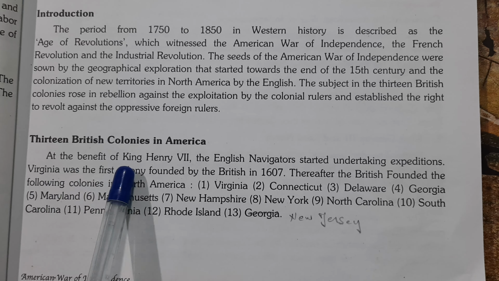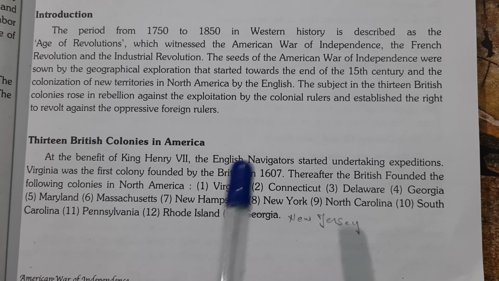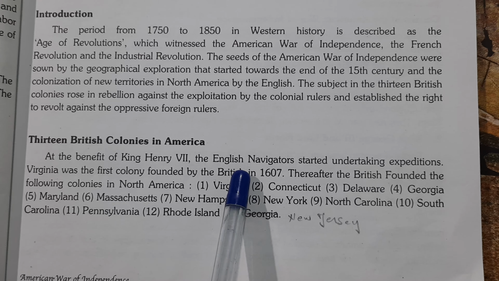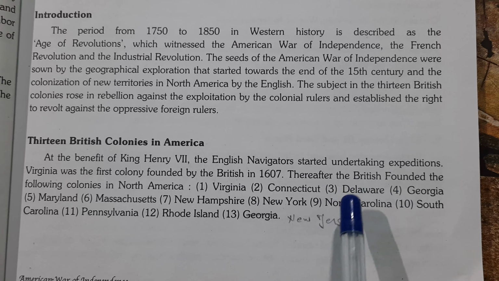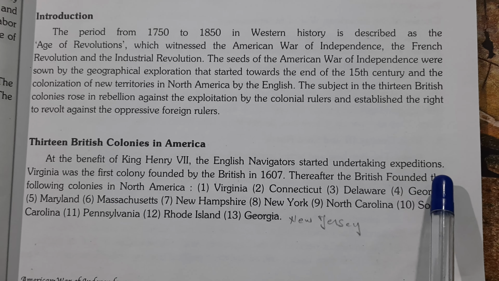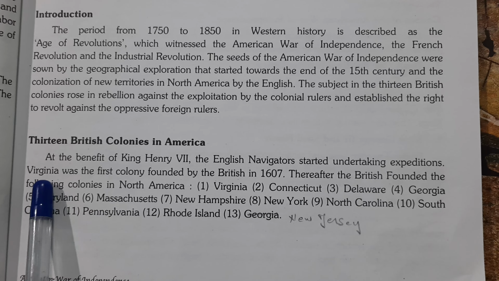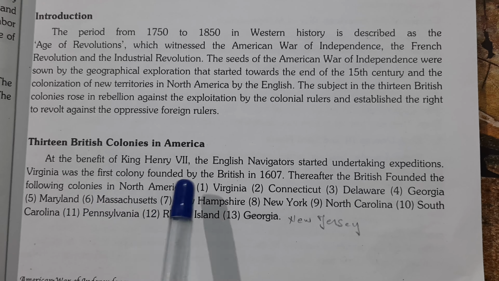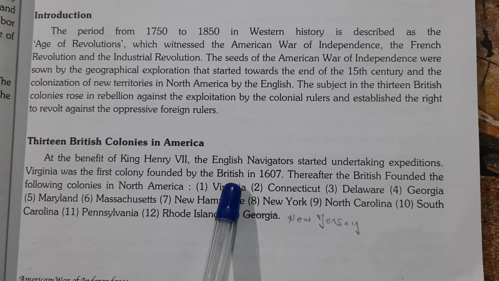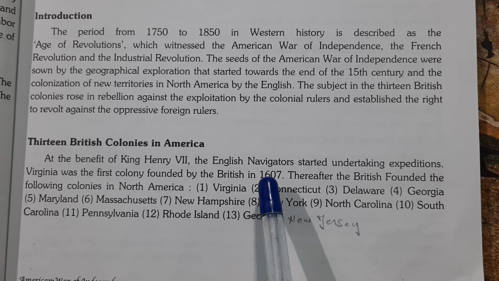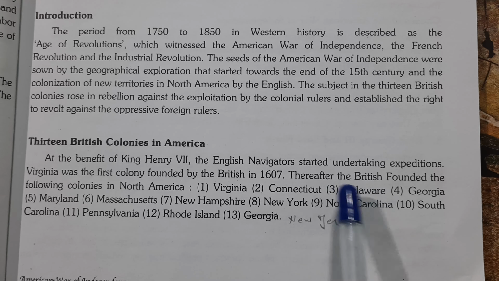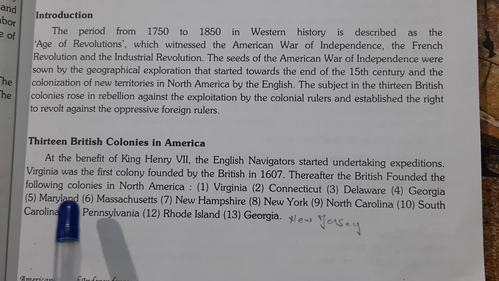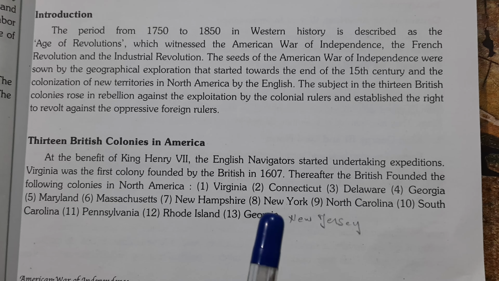At the behest of King Henry VII, the English navigators started undertaking expeditions. Virginia was the first colony founded by the British in 1607. Thereafter, the British founded the following colonies in North America: